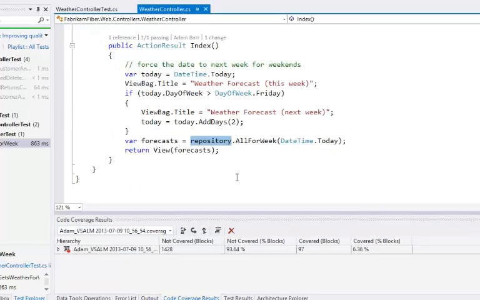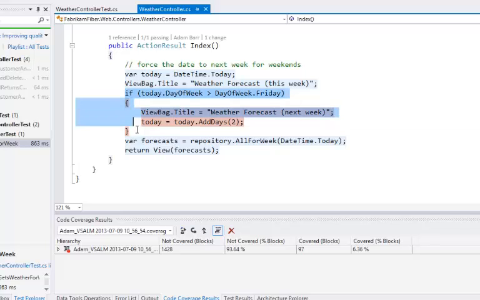If we go to the weather controller class and turn on the code coverage highlighting, we can see that we've covered most of the method, except for this if statement here. If we look closely, we'll see that this if statement has a dependency on DateTime.Today. This is really difficult to test, since there's no interface that we can override or mock out. This is where the true power of fakes comes in. We're able to create a shim which will allow us to intercept calls to any class, our own or even